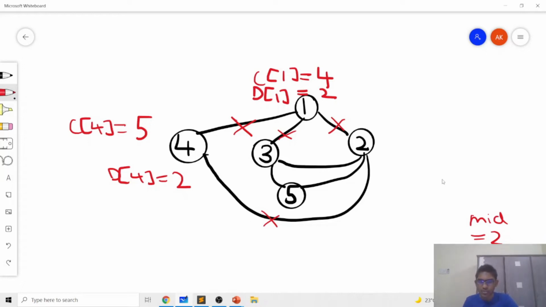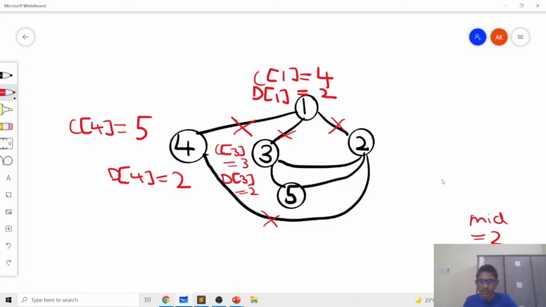Node 3 also has two remaining neighbors, so we can assign c of 3 to be 3 and d of 3 will be 2, because there are two neighbors which are not yet processed, and both of them will have a value less than 3 because we are going in decreasing order of the numbers. So we know that both 2 and 5 will have a number less than 3, and that's why d of 3 will be 2. It's less than or equal to mid, so we are fine.